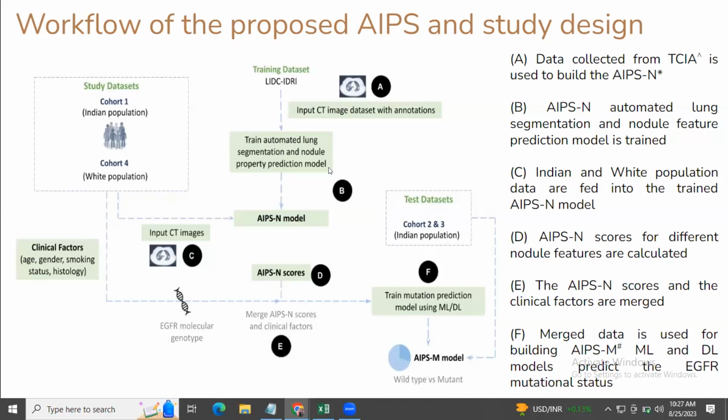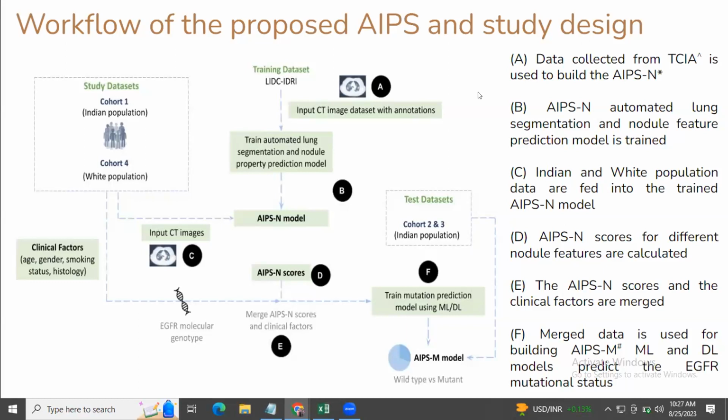And then we had the annotation. And then we had the machine learning algorithm which learned, this is the nodule, these are the properties based upon the annotation. So the neural network started learning about this whole story. Based upon that learning, we made the model file. And based upon that model file, we had some scores. And then we proceeded further, which I'll explain later.